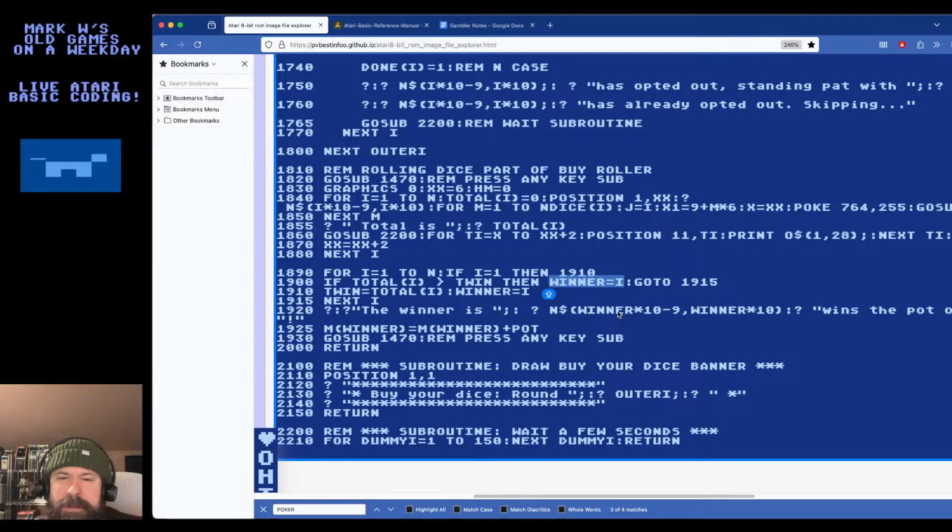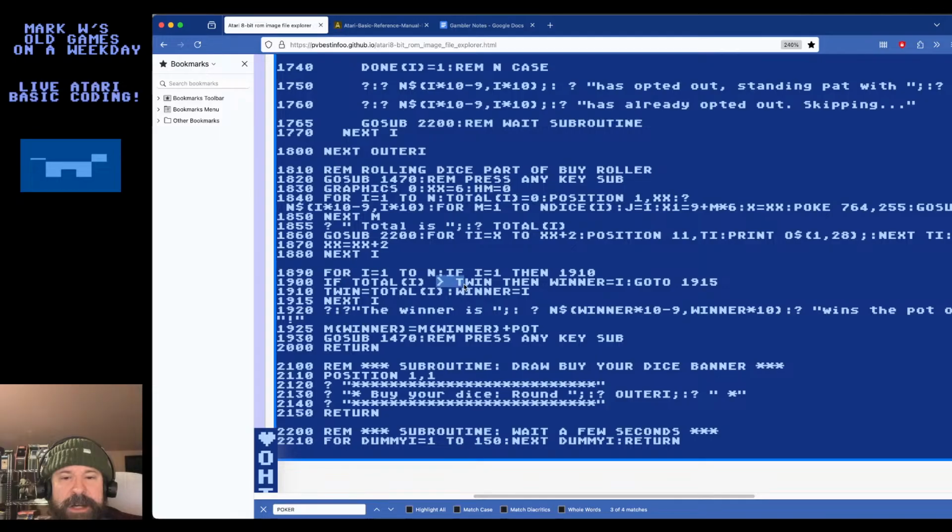Oh, you know what I could do? Hold on a sec. If it just progresses to this line, it'll work, but I need to say in the case when it's not greater than, so when it's less than or equal to twin, it'll go to the next. Yeah, that'll work elegantly. Let's do that.